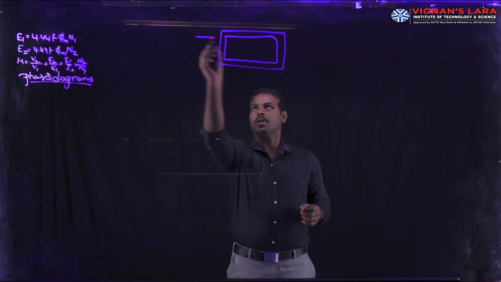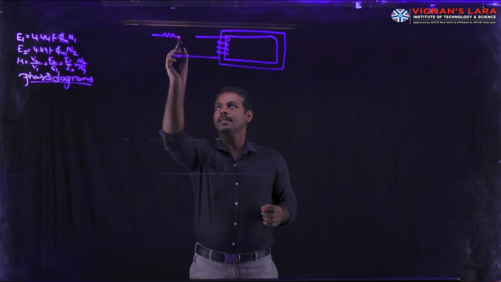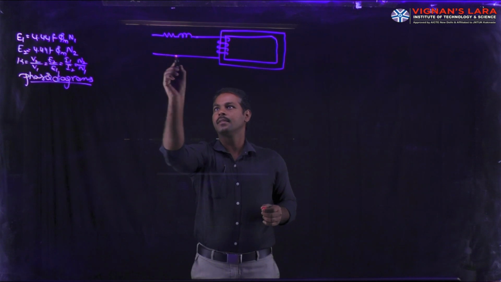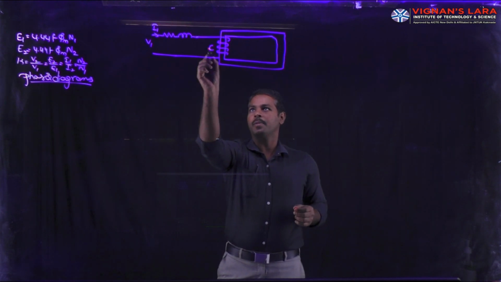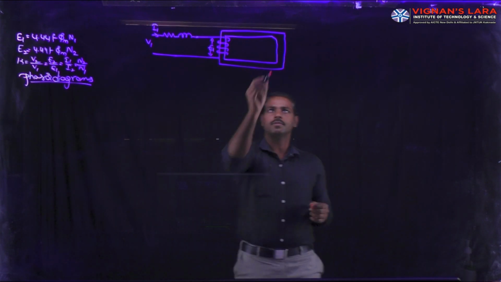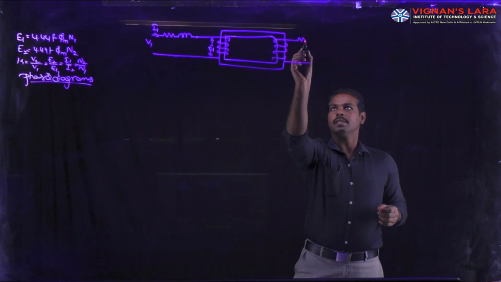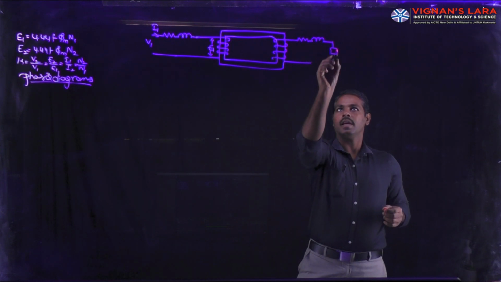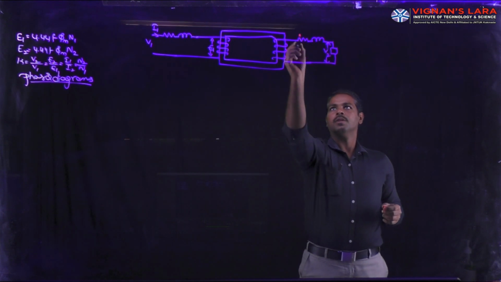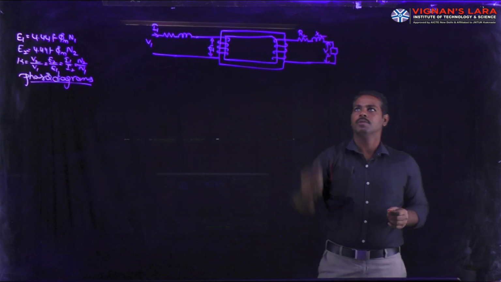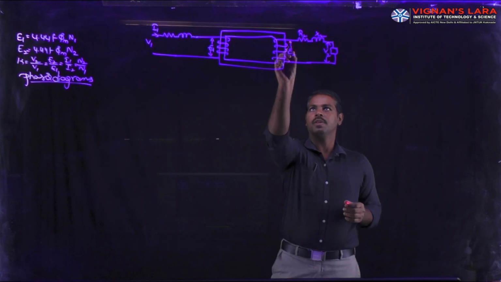So this is the magnetic core, which is having resistance, inductance, with V1, I1. So the voltage induced in the primary winding is equal to E1. Then resistance, inductance across the load. Voltage across the load is equal to V2, with R2 and X2. So this is the basic circuit, which is also equal to E2.